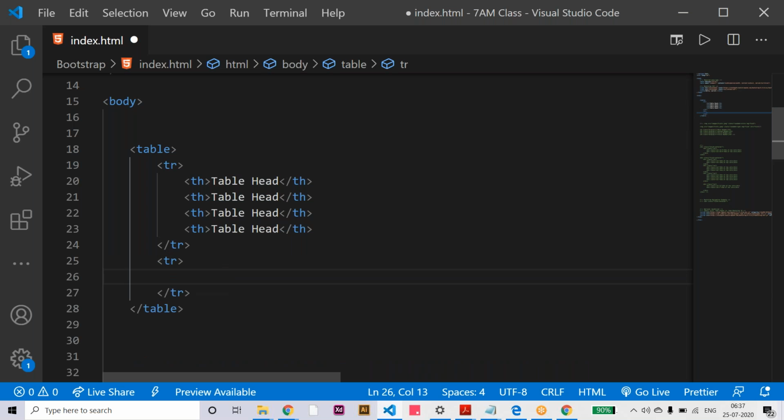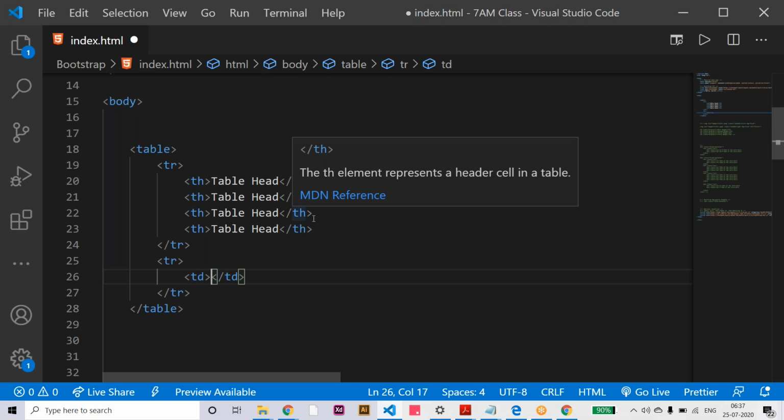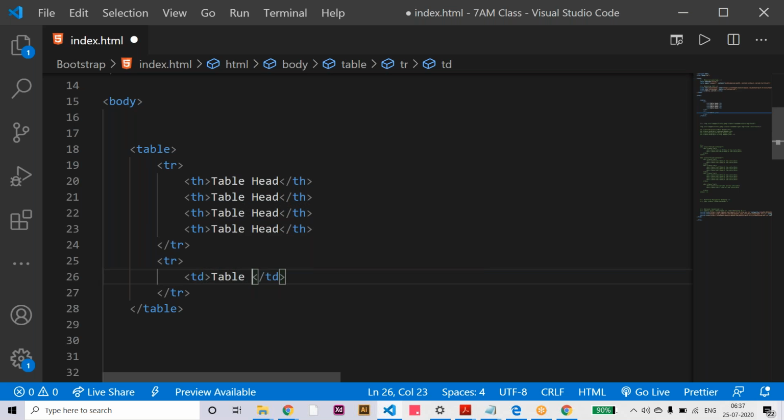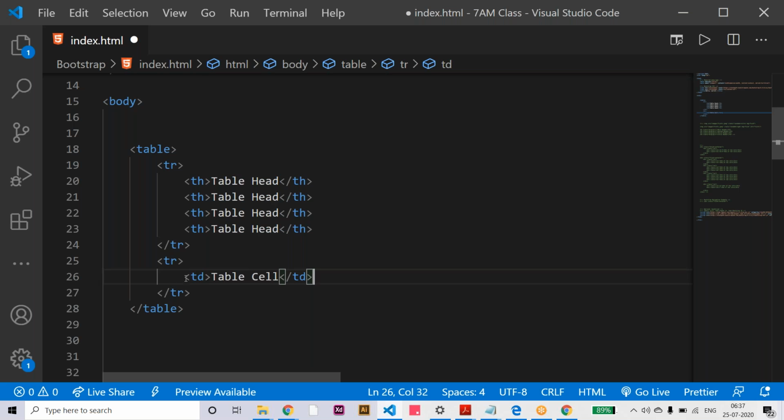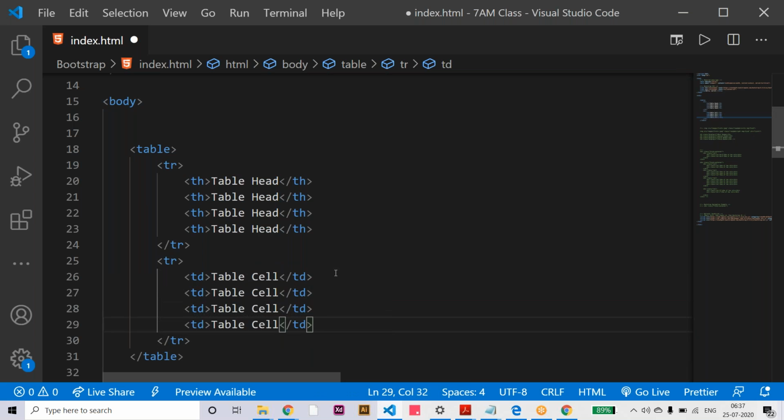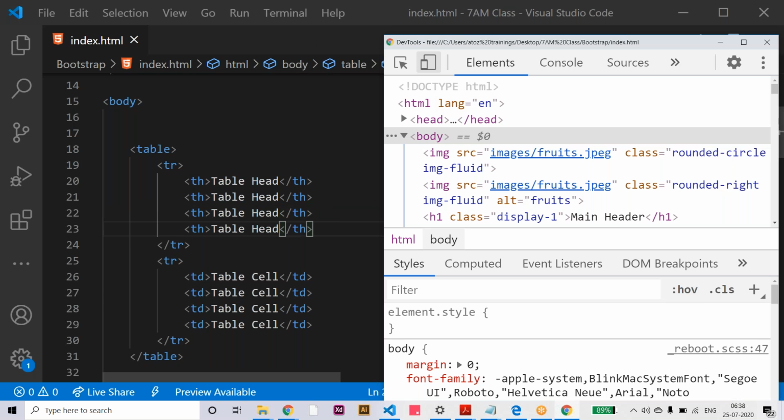Normal data means table data, so for the table data you can use td. You can say table column, or you can say cell also. Like this we have 4 columns of data again. So first, by default, without applying any Bootstrap CSS, let me check how it is displaying and what CSS is applied by default.